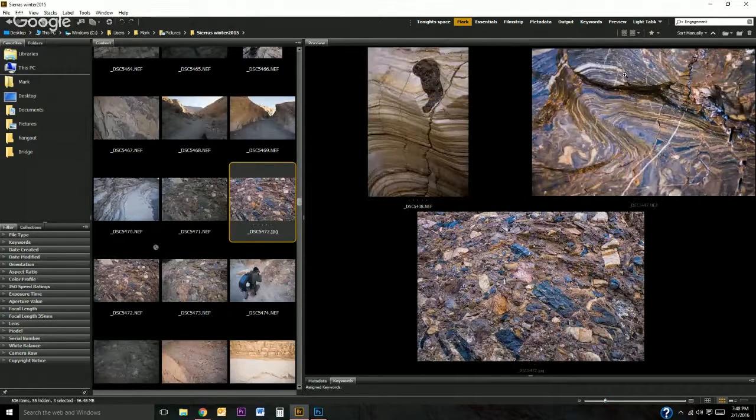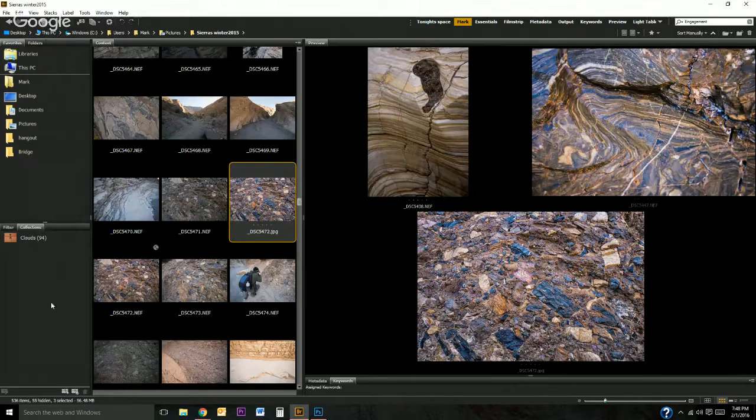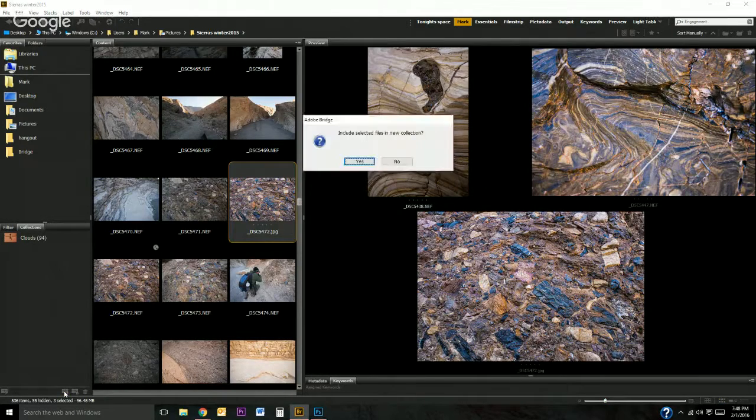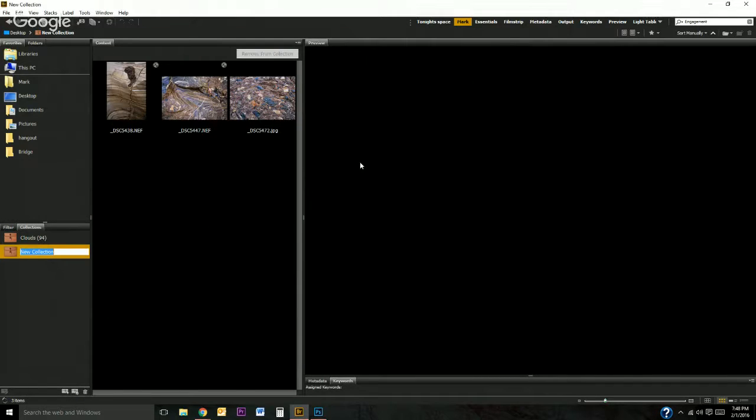Well, let's say I've selected these 3 items that I really like as far as textures go. Over here on my left side, I have what's called collections. I have a collection called clouds. At the very bottom, I have a little button here that says new collection. Include these ones. Yes, I want to include those into it. And I want to call it